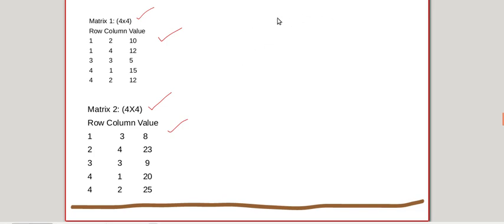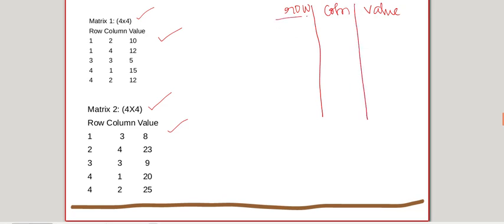The resultant matrix will also contain the triplets: row, column and value. So this will be your resultant matrix. This is matrix A, structure array A, this is another structure array B, and this is another structure array sum. Please visit my previous video for getting the basic idea about sparse matrix representation and its C implementation.